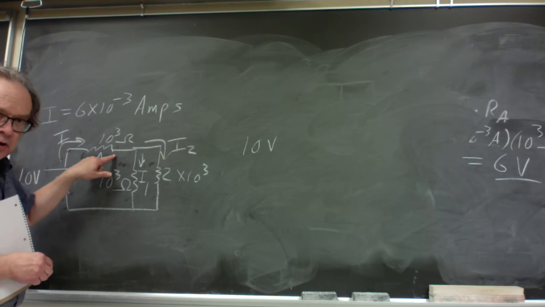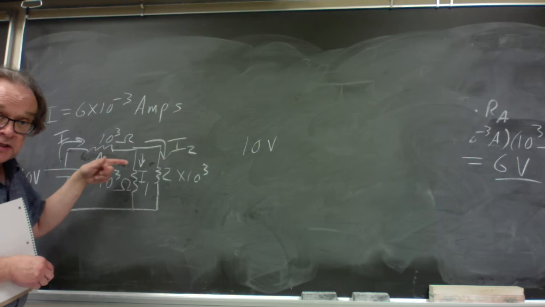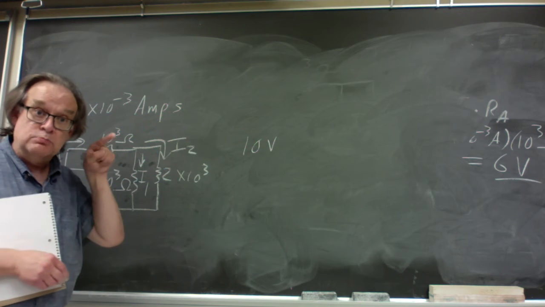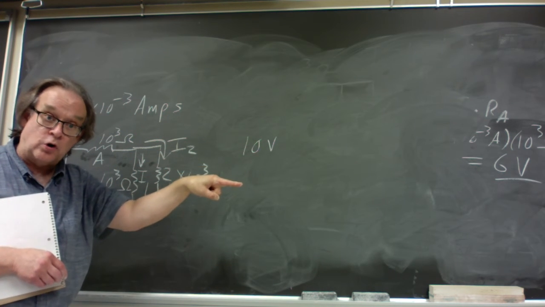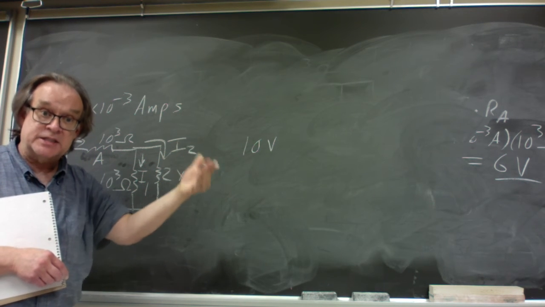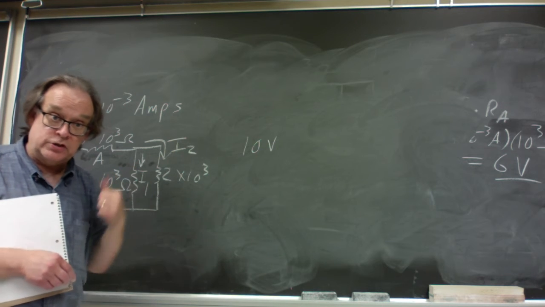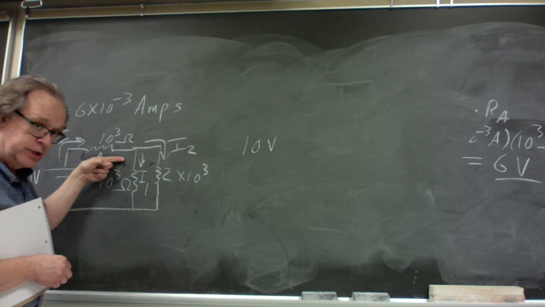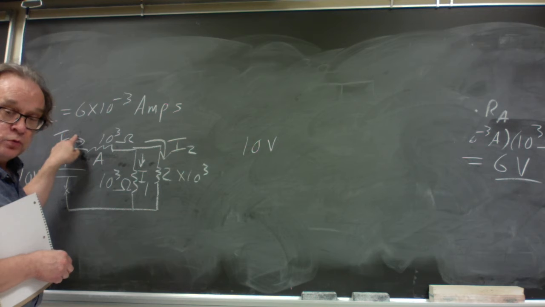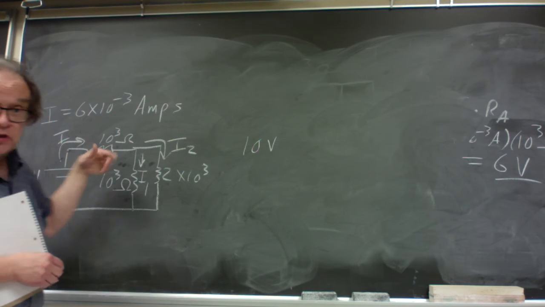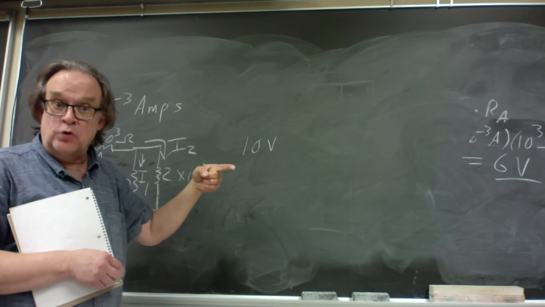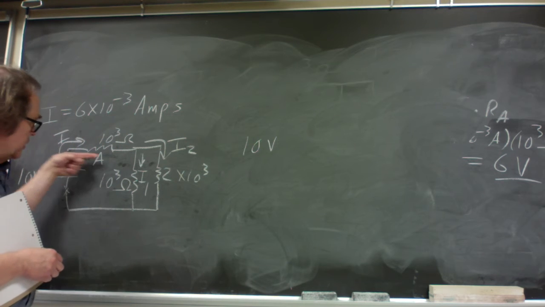And now as you go from here to here, you're moving through this resistance in the same direction as the current. If the current is moving this way, it's moving this way because there's an electric force pushing it this way. It has to be an electric force this way to keep it from being stopped by the drag force that's pushing backwards. So if there's an electrical force pushing this way, there must be an electrical field pointing this way, because we're thinking of this as the conventional current, which is made up of positive charges, and electric field points the same way as the force on positive charges. So if there's electric field pointing this way,